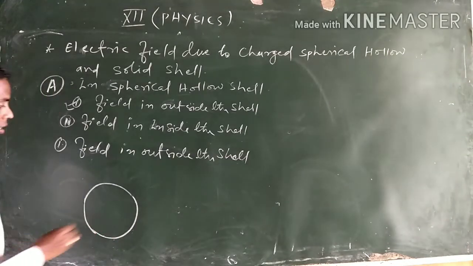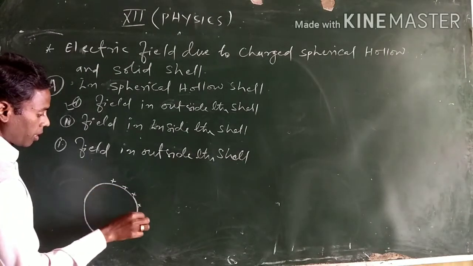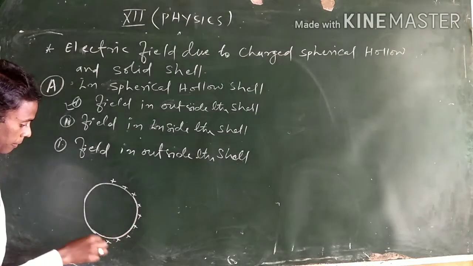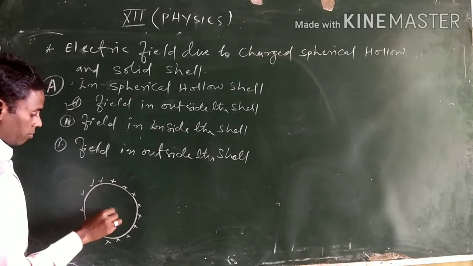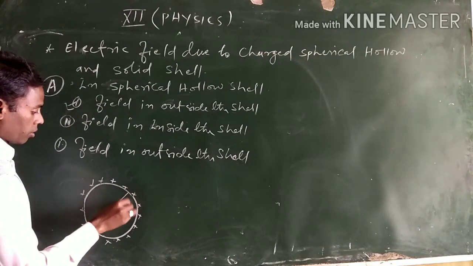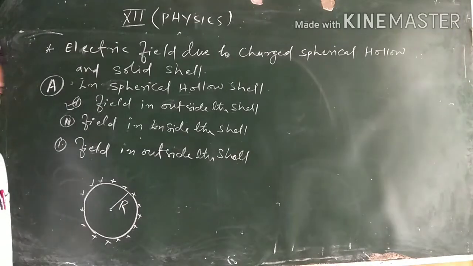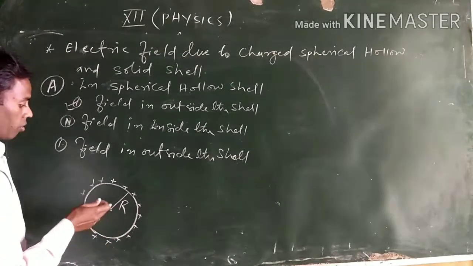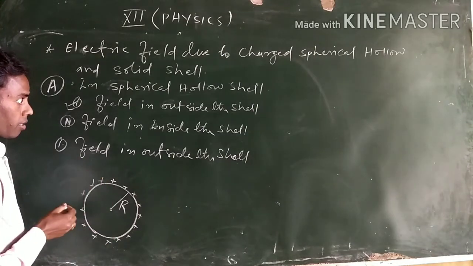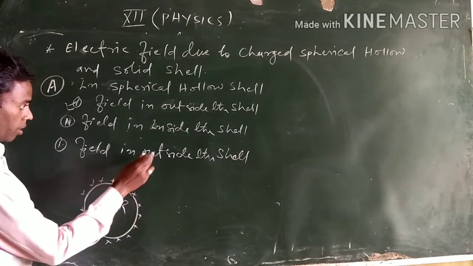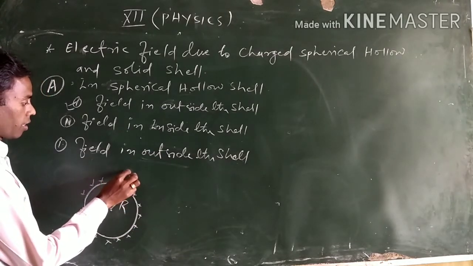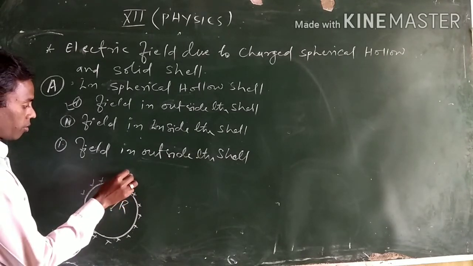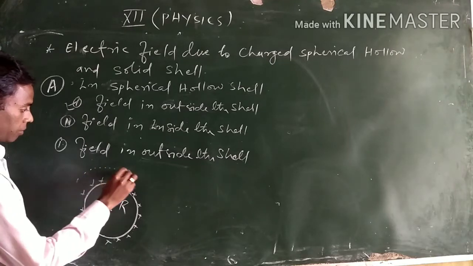This is our shell. Suppose charges are distributed over here, right, okay, charges distributed. The center of this one, the radius of this shell, suppose we are considering capital R, right. And for this one we have to take one Gaussian surface. This will be given at the outside. That means suppose we are going to find the electric field, this field will be outside this shell, that means over here.